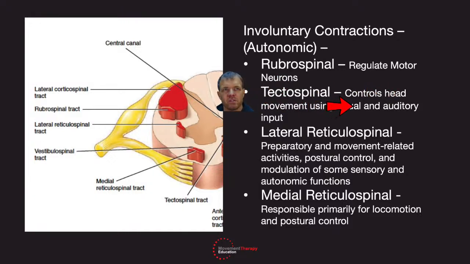Controls head movements using visual and auditory input. So that would be more of a cranial nerve exam. Okay, we did a whole section on cranial nerves. I think it took about 3 months to go through those. We've got the